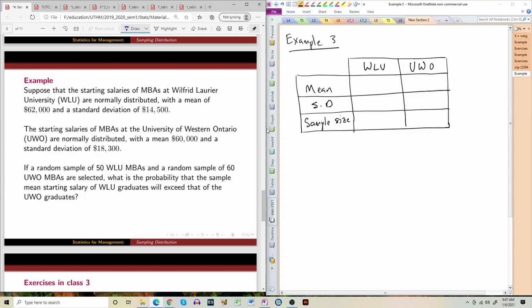Normally when this type of two-sample question is given, you make a table like this and try to identify all the information. For WLU, the mean is 62. Standard deviation is